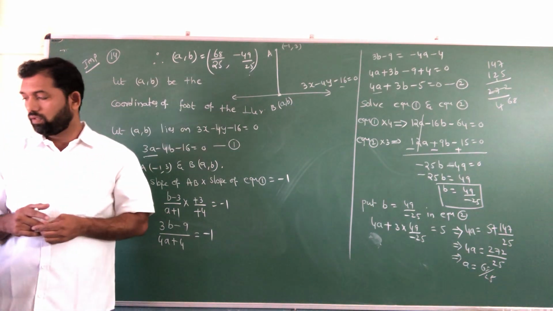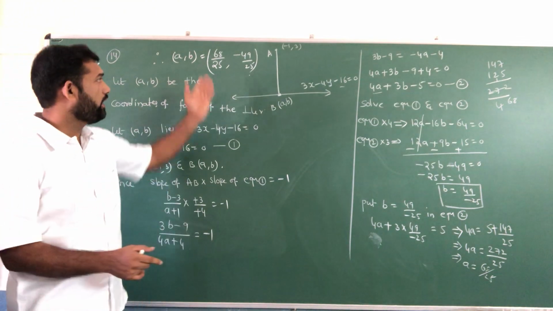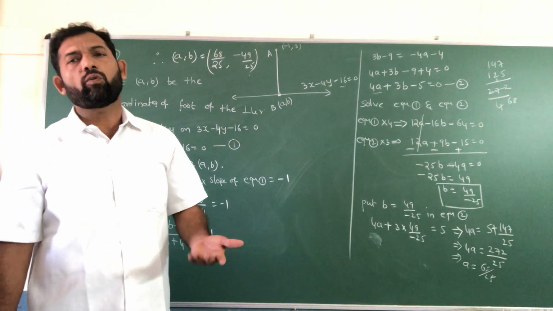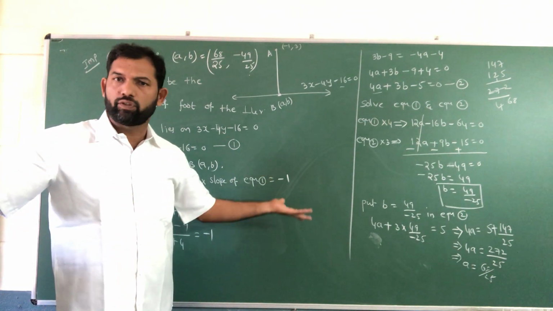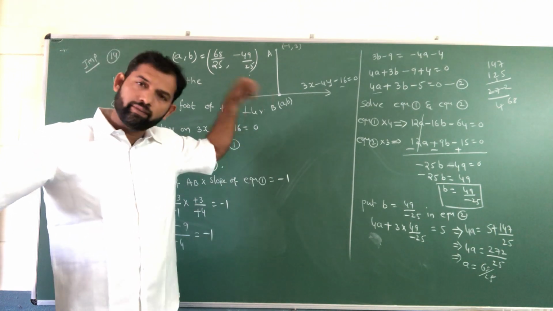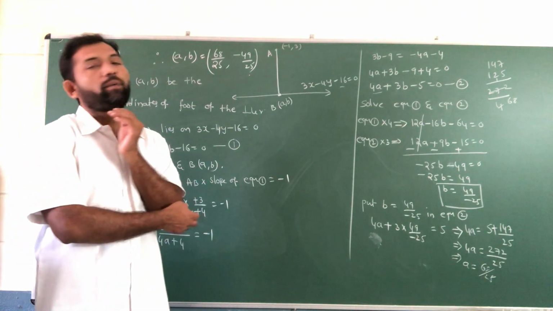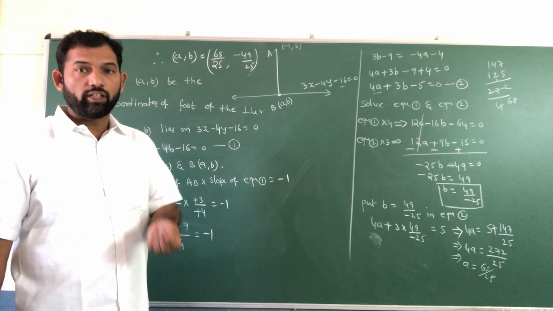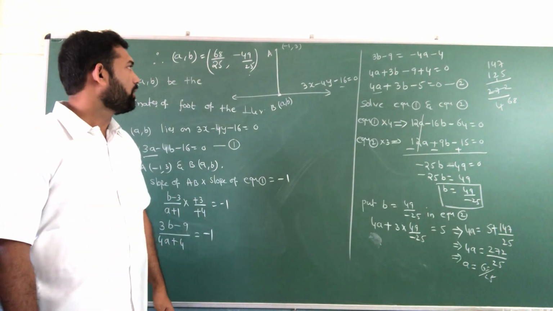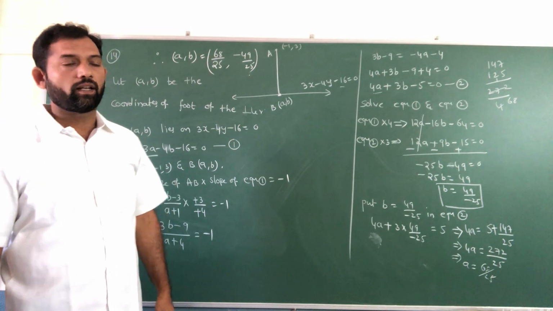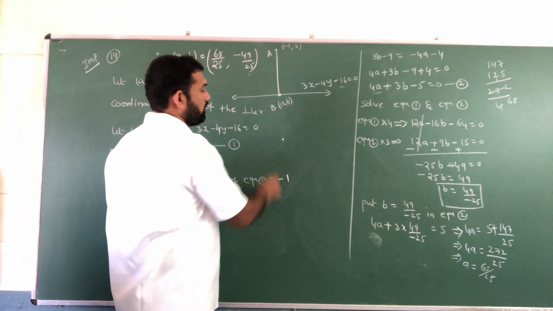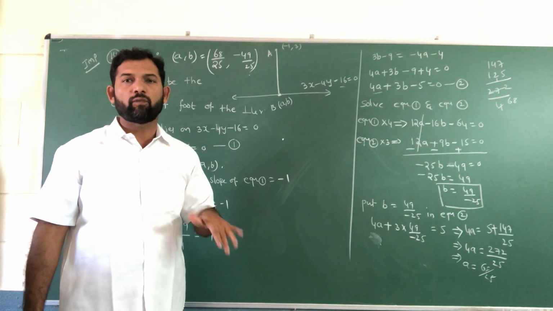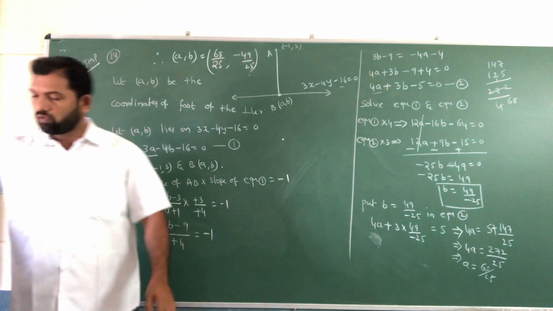Right, very good. So we are getting these 2 points. This point is nothing but the image of the point, or the reflection of the point. Find the coordinates of the reflection of the point, also same procedure. Finding the image of the point is also the same solution, but a little bit different. Coordinates here is the foot of the perpendicular, while image means something a little bit different. Note down fast.